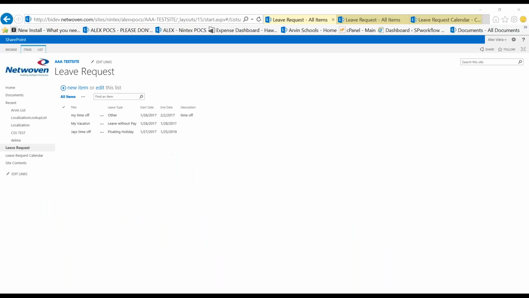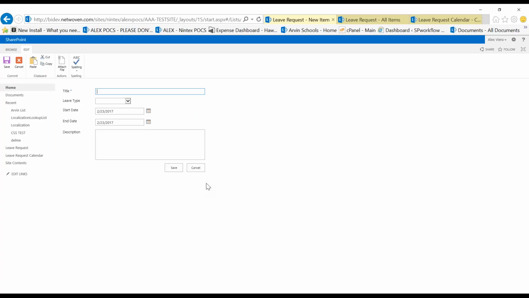Okay, so let me go ahead and go into this demonstration. What I have here is a leave request. So I have a basic form here. If I were to add a new item, we get the basic form that comes up with just SharePoint. It doesn't have a lot of complexity, and it's very hard to do any kind of customizations, unless you want to go down the path of something like InfoPath, if you're more developer centric.